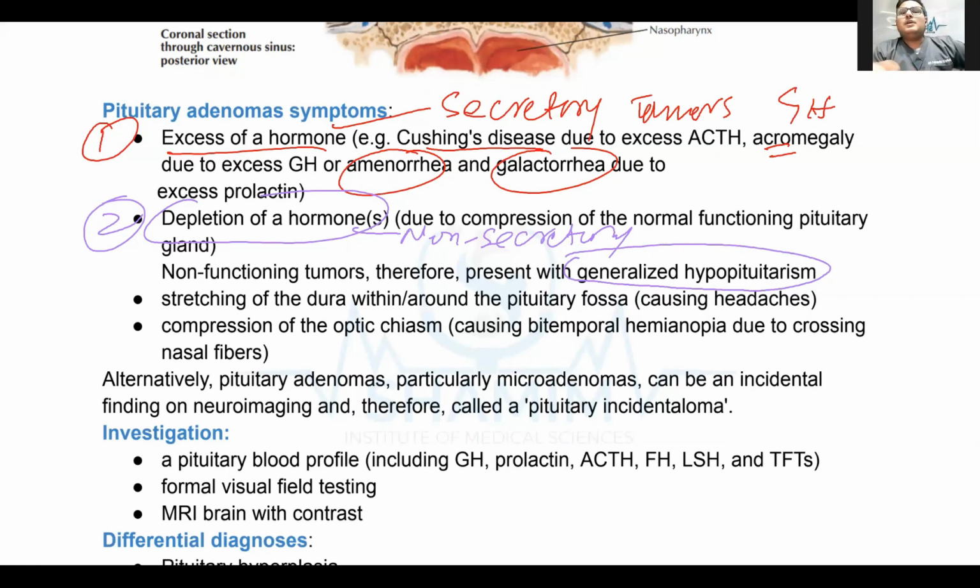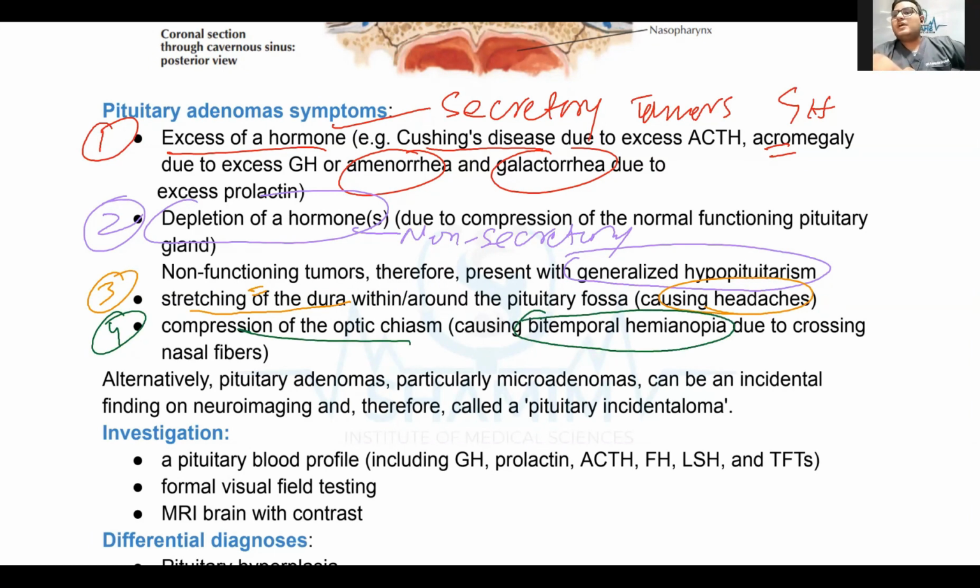And the third, the most important, is stretching of dura. Dura mater will be stretched. That causes the headache. Very important point. The symptom of headache in pituitary adenoma is due to stretching of dura mater. The fourth we have discussed is compression of the optic chiasma that causes bitemporal